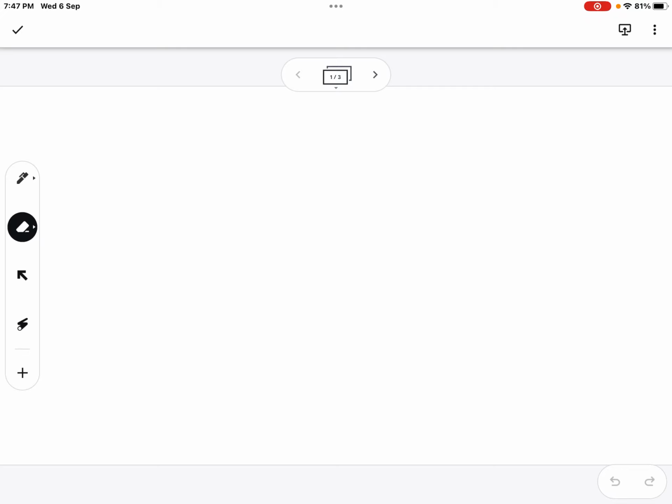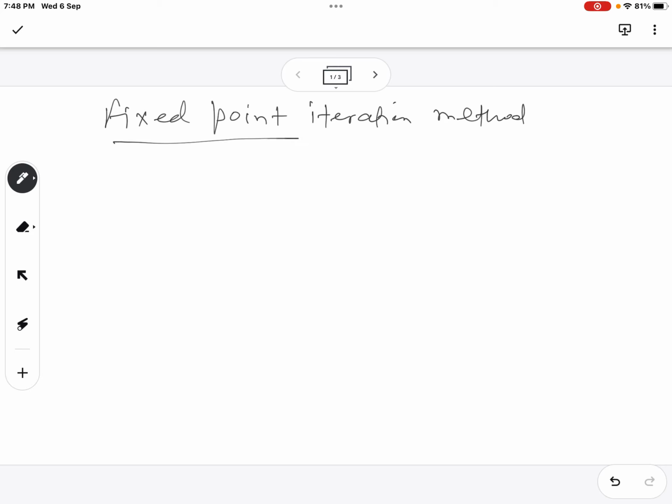So now we are going to talk about the fixed point iteration method again, but this time we are going to talk about the problem with the fixed point iteration method. And the problem with the fixed point iteration method is that, let us see that the